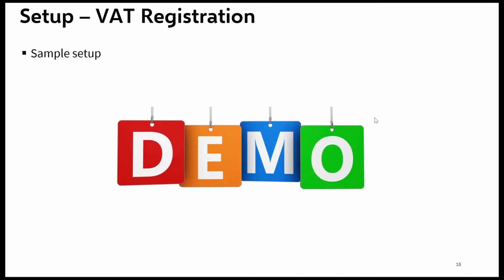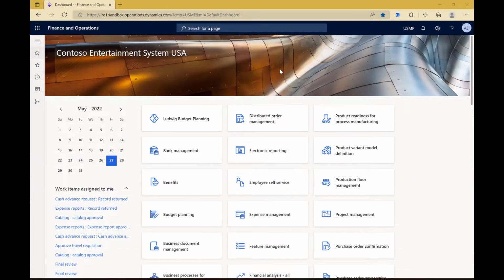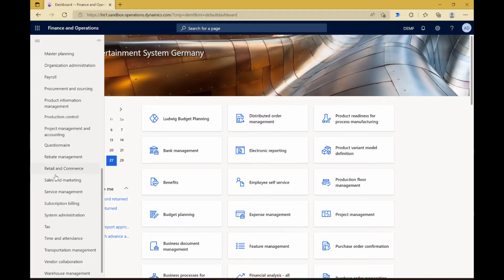Okay, but before we come to the examples, let me quickly go through this setup to give you an idea where you can find all of that and how you have to set it up. Okay, so we are here in my demo machine, and I did this setup in my German company. So let's quickly switch to DMF because we're dealing with value-added tax. And the first thing that I want to show you is in the tax configuration